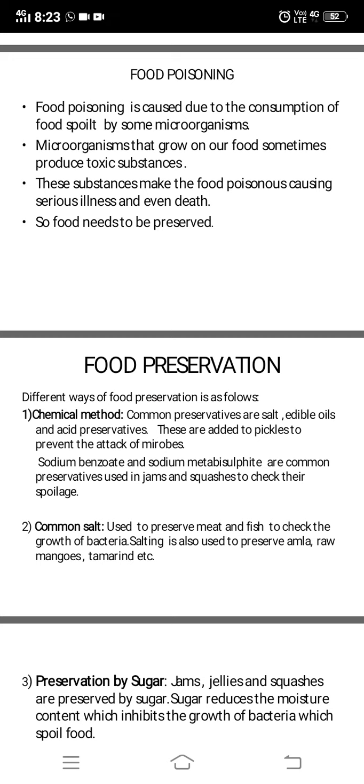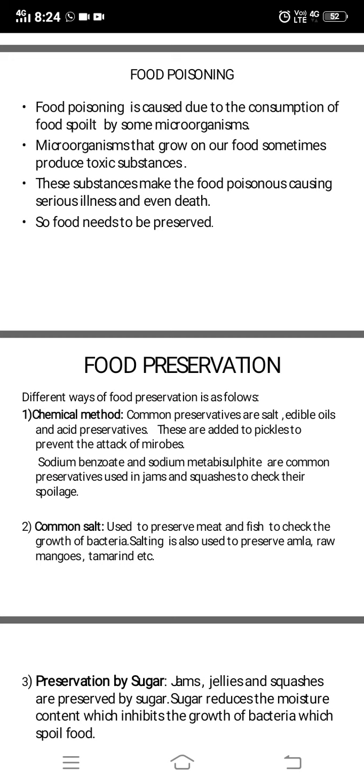How is it caused? Food poisoning is caused due to the consumption of food spoiled by some microorganisms. If you have kept food for 2 days, in 2 days the microorganisms start sitting on that food and start growing. If you eat that food, the harmful microorganisms may get inside your body and spoil your digestion, and you may get food poisoning. That is why you are not supposed to eat spoiled food or food which is kept open outside.